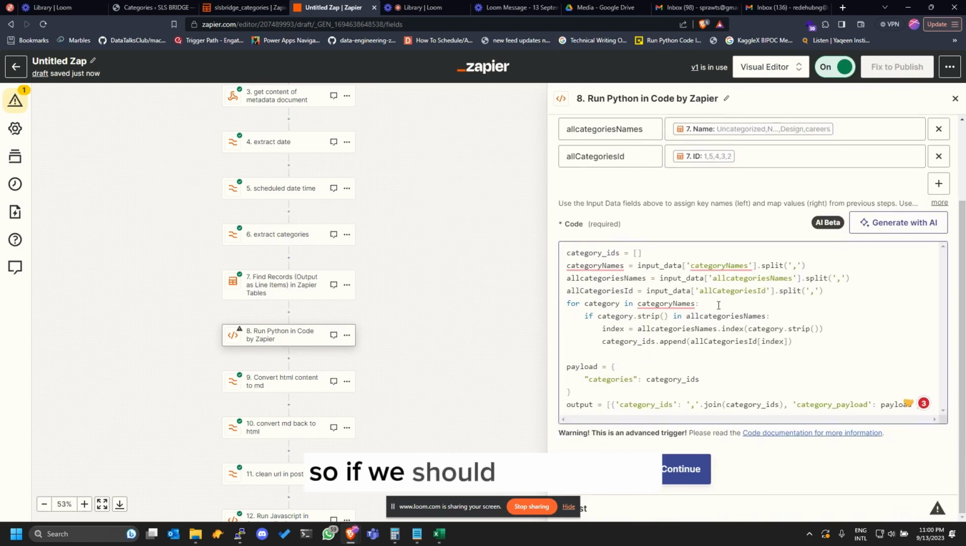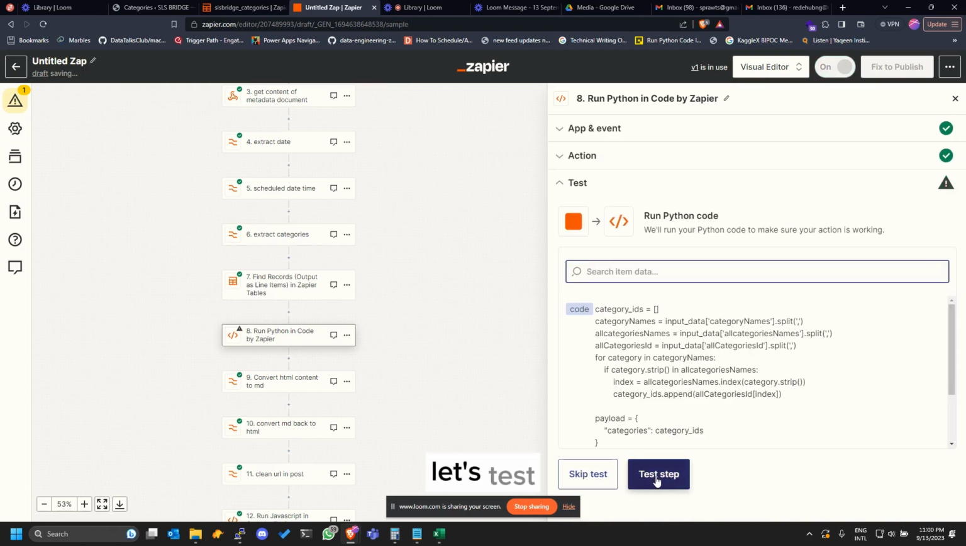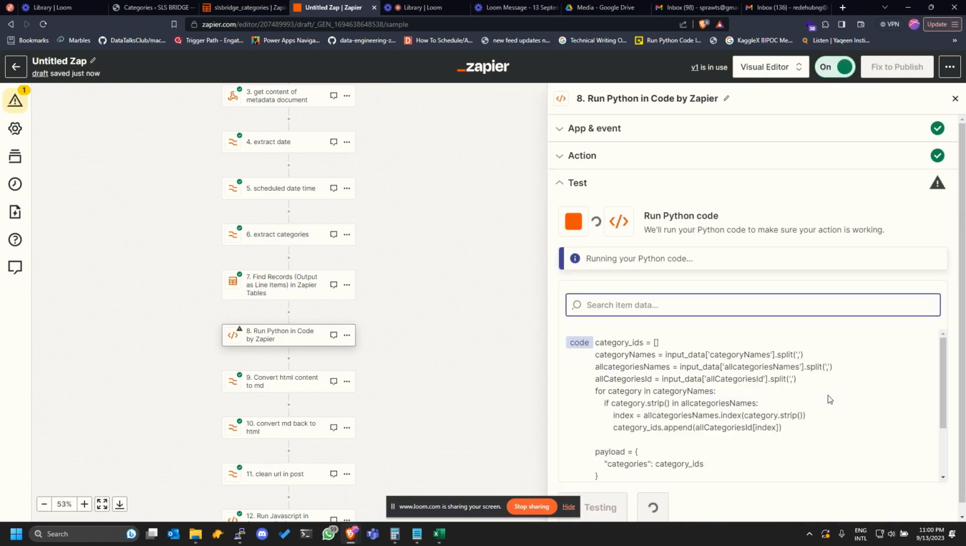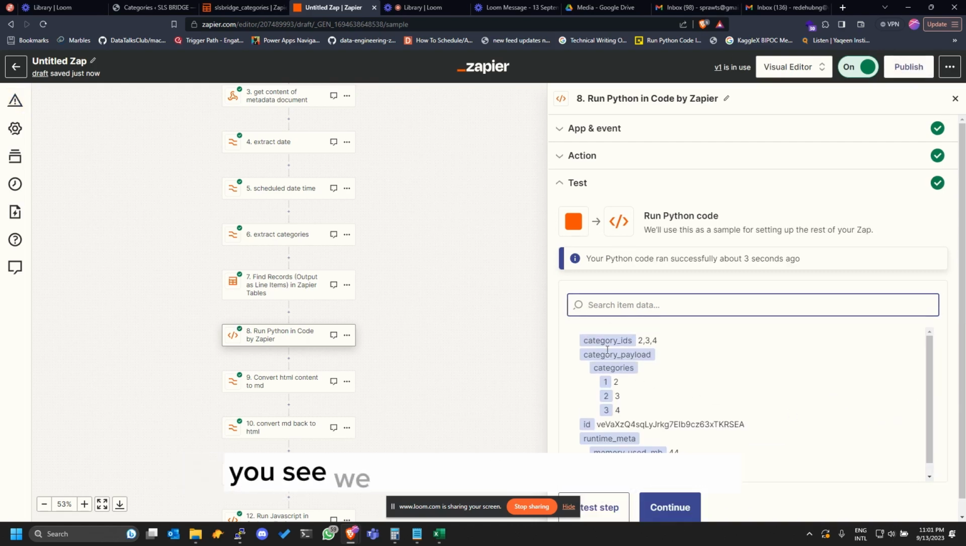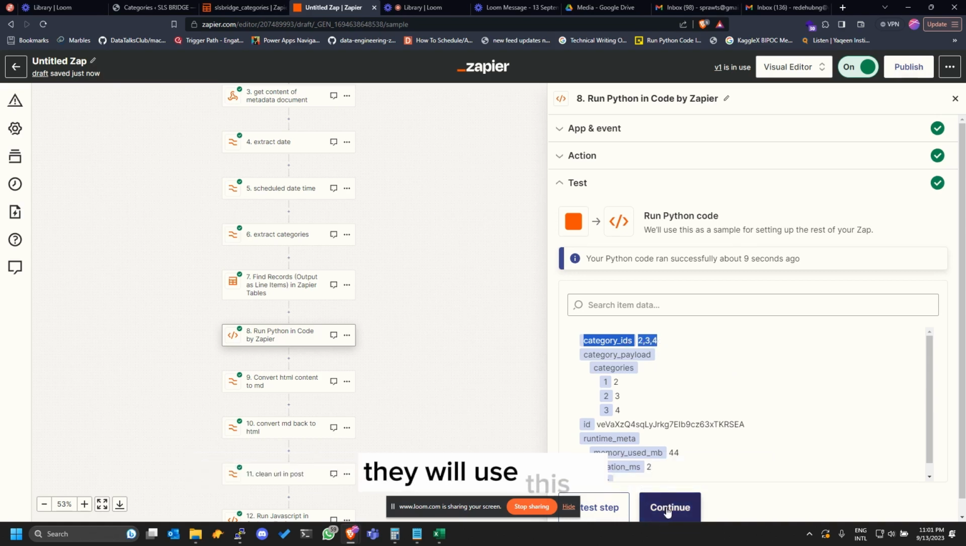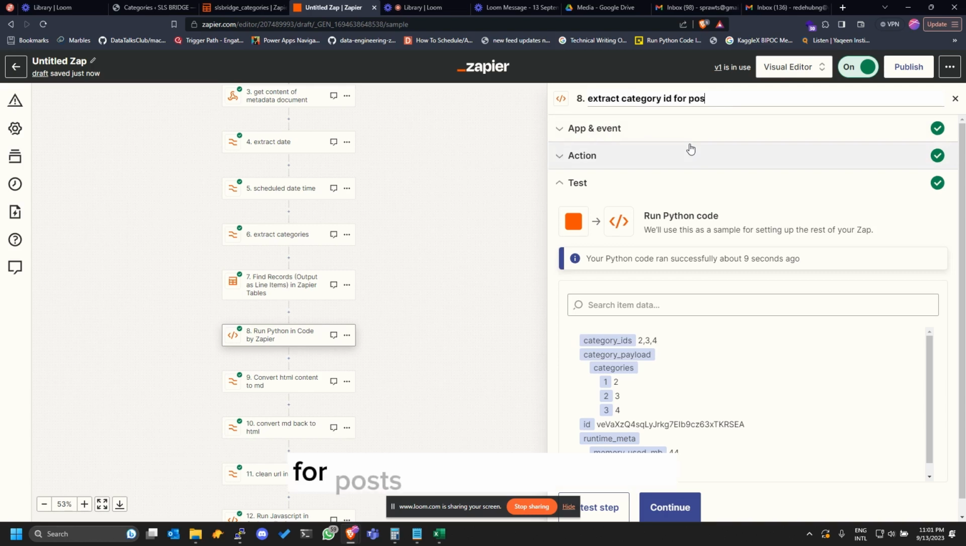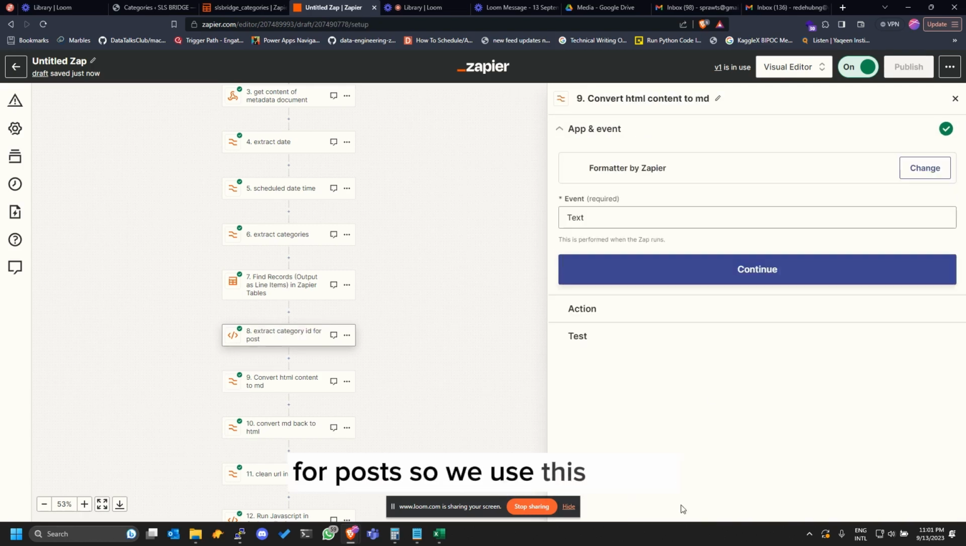So if we run this now, let's test. Because we added, is it 2 or 3 category, you see we have these are the category IDs. We have 2, 3, 4, and it's listing it out. This is the main thing we need. Then we'll use this to extract category ID for posts. So we'll use this to add